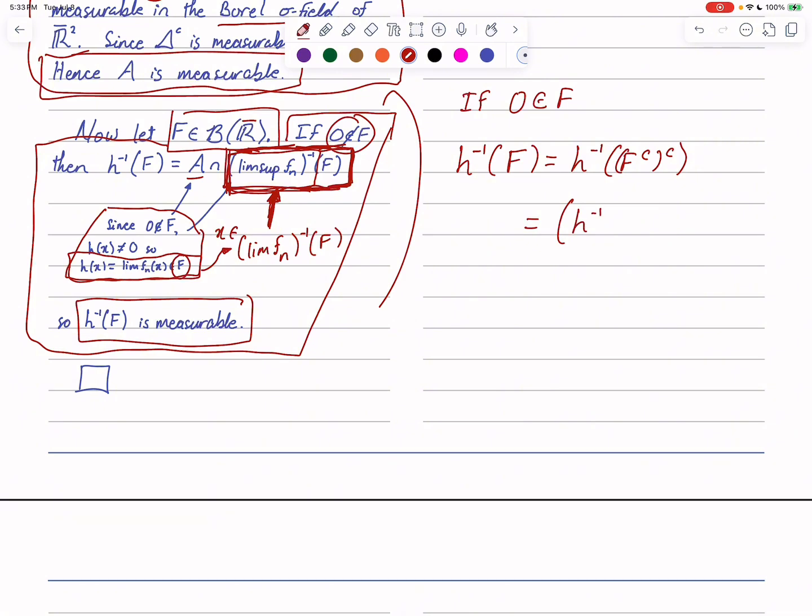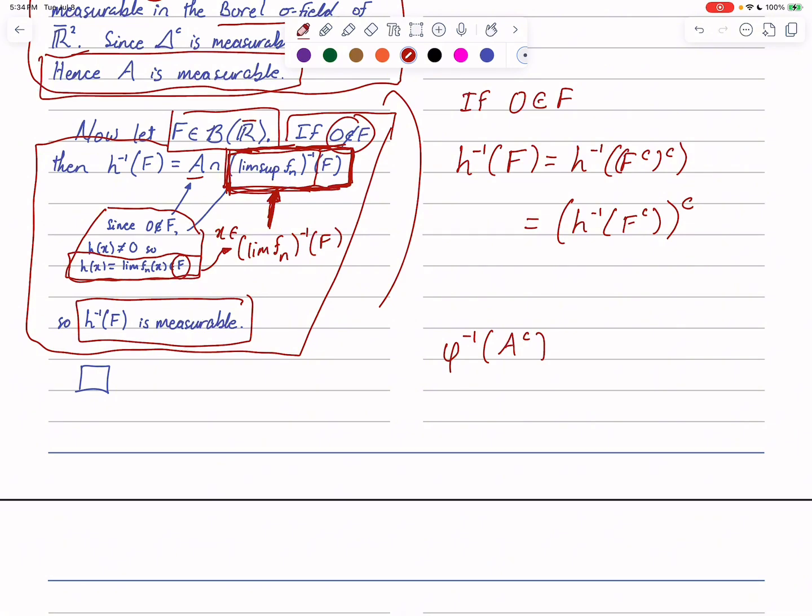This move, sending one complement outside, is a valid move, which you can prove. In general, if you take any function, let me make up a function symbol, phi, and you take the pre-image of phi on some set A complement,